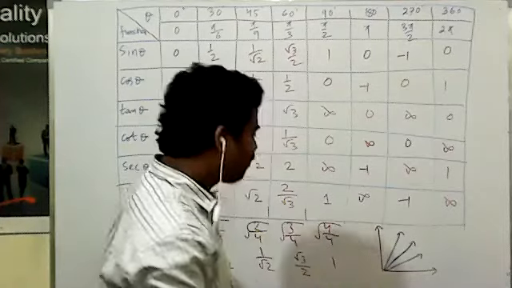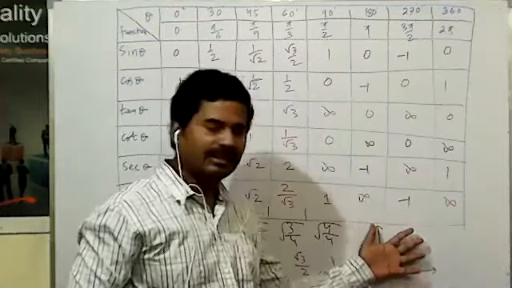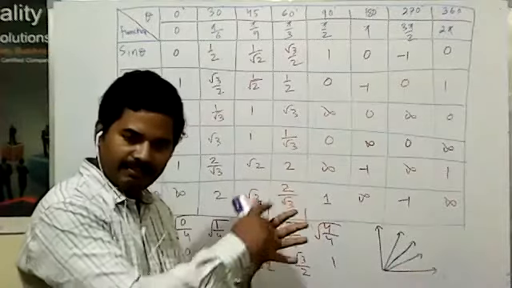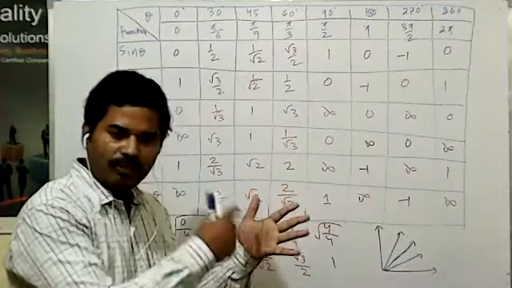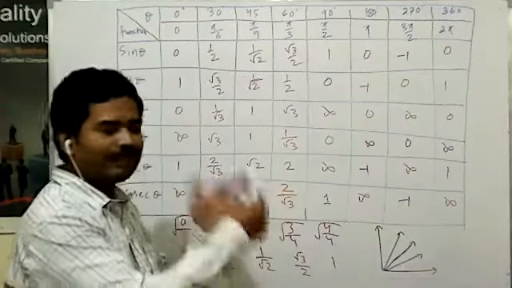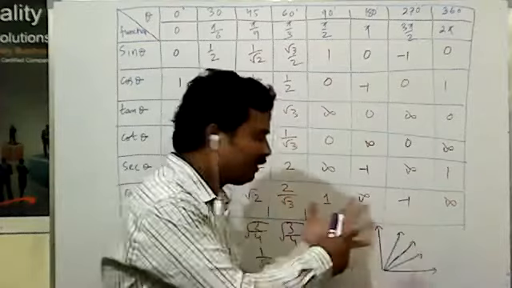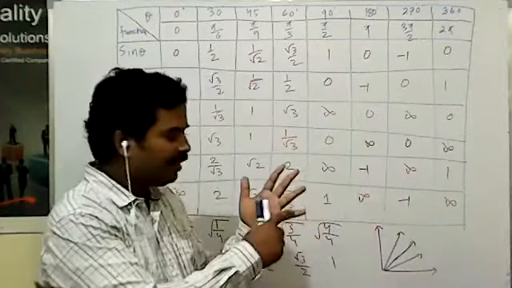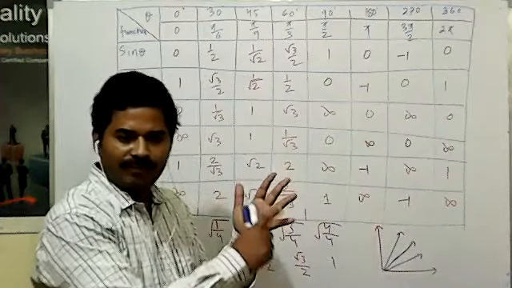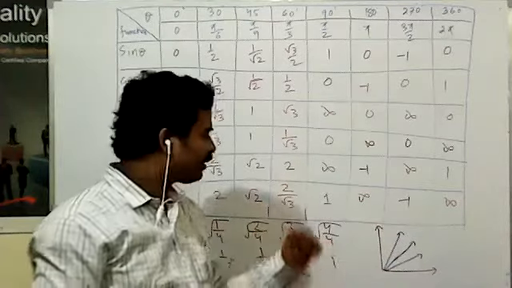That's why, if you have to find out the sine angle, it means clockwise, and the cos angle means anti-clockwise. Suppose sine 30: this is sine 30. You think about this ring finger, that is the count. One finger is there, one finger divided by 2, that is 1 by 2.